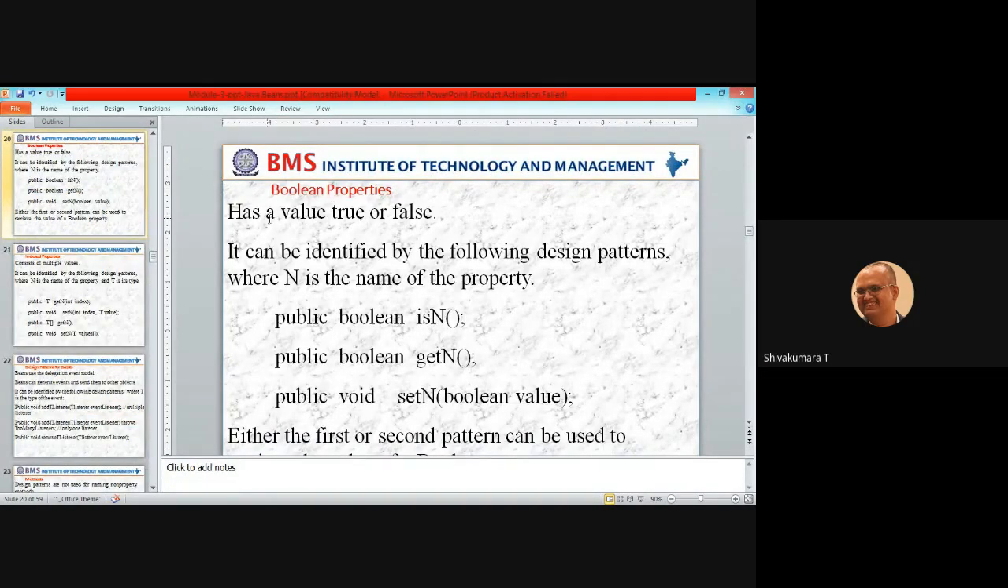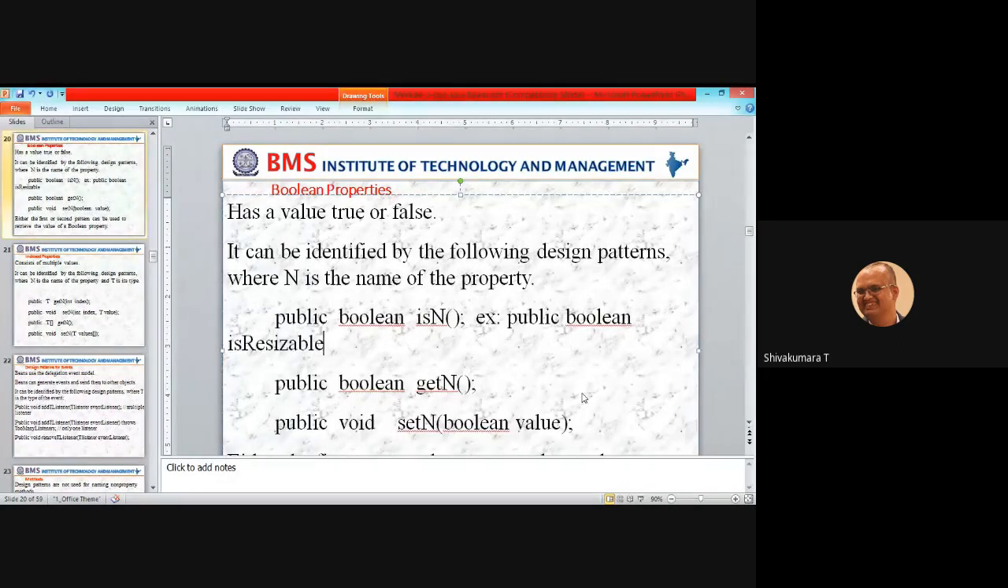A Boolean property has a value, either true or false. It can be identified by the following design patterns, where n is the name of the property. For example, public boolean isN. So for example, public boolean isResizable. Similarly, public boolean